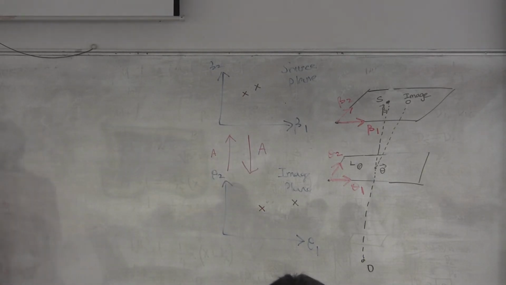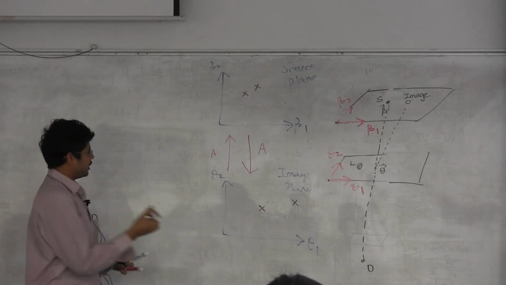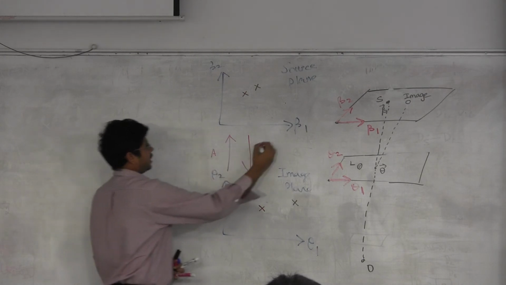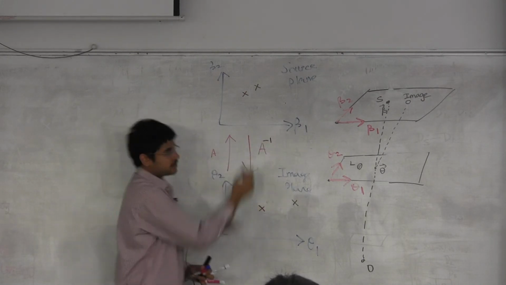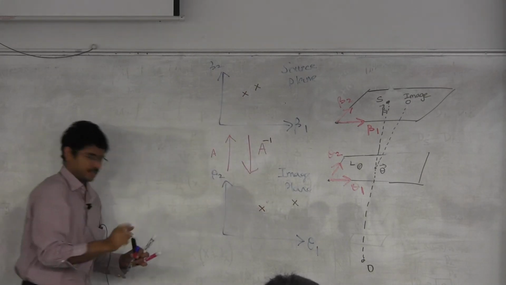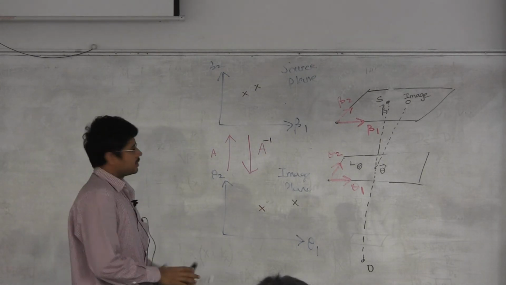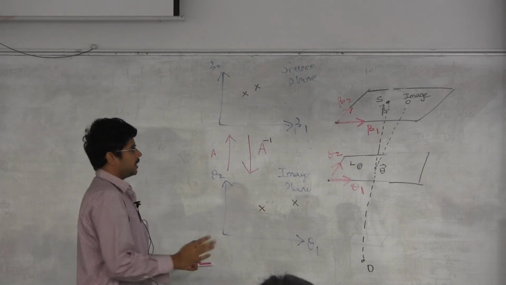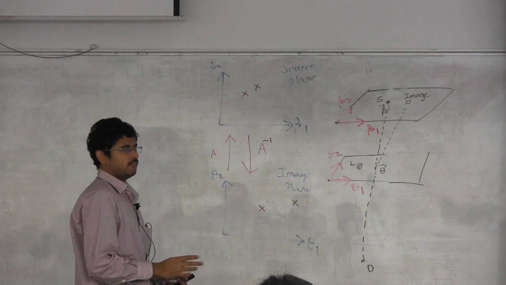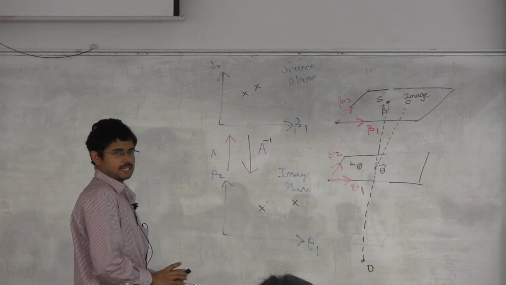Yes, so A takes from the theta plane to the source plane, or the image plane to the source plane, and A inverse is what takes from source plane to image plane. You are correct. And this is assuming that the mapping is sufficiently smooth, invertible and so on, which can fail for strong lensing cases, but